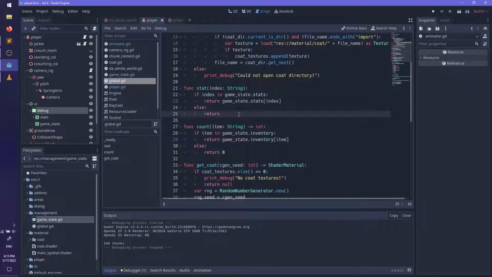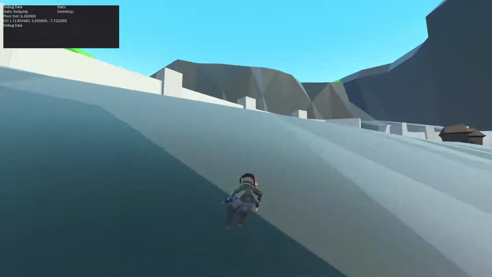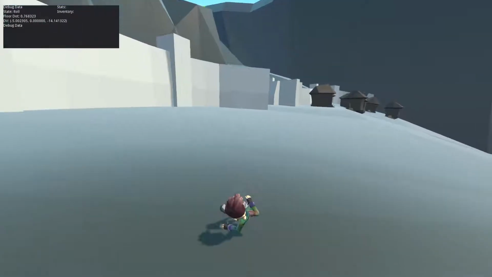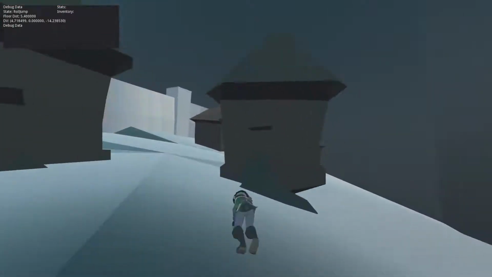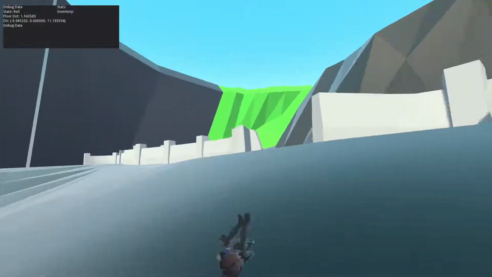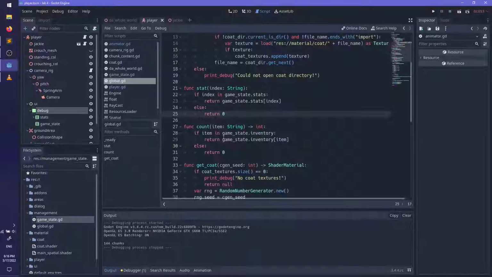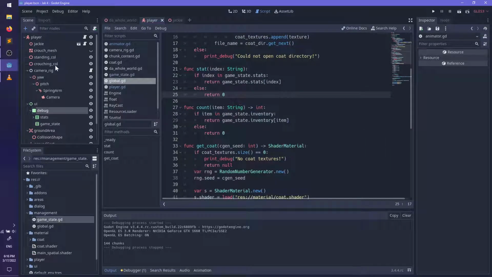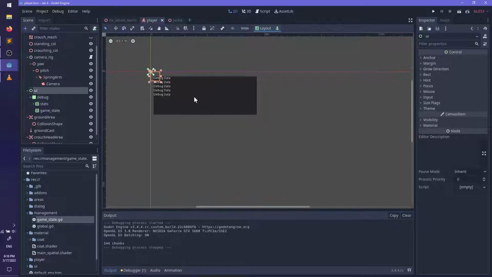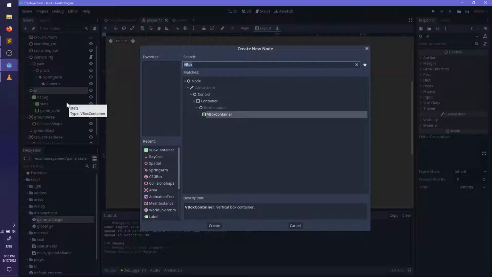Also for stat, I'll return 0 by default, because typically it'll be things like enemies killed, times died, things found, I don't know, like progress. And then let's have this UI should be the full rectangle. Then